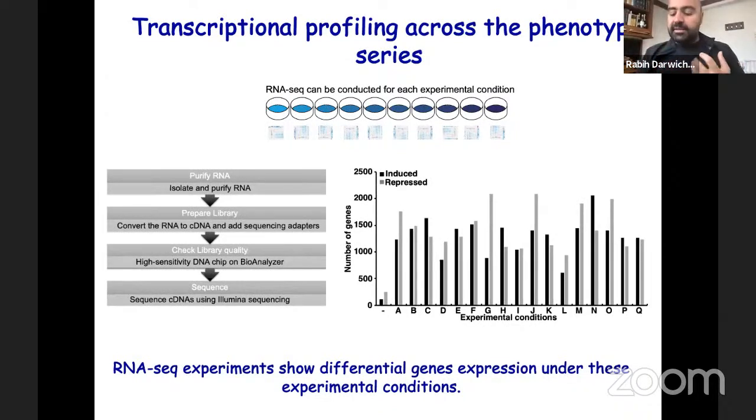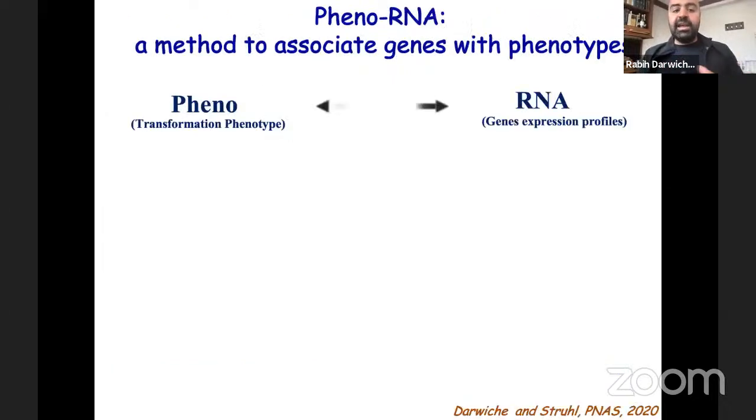So the method that I'm telling you about today, I called pheno-RNA. This method correlates the transcriptional profile, as we can see here, of a single gene to the strength of the phenotype. So every gene is linked to the power of transformation. And from here, I obtained what I called pheno-RNA. Pheno-RNA combines high-throughput mRNA-seq with a precise readout for the phenotype. And I will use this to identify the candidate genes that appear to be critical for